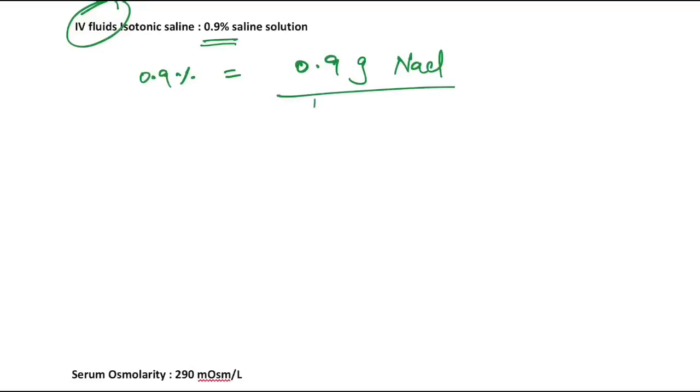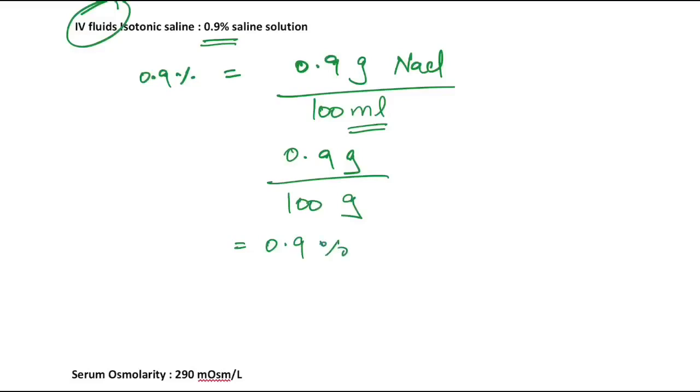The next unit we are going to discuss is the percentage solution. This is used usually in IV fluids. What does this percentage concentration mean? 0.9% saline solution refers to 0.9 grams of sodium chloride dissolved in 100 ml of water. Why is it said as 0.9%? Because 100 ml of water actually weighs 100 grams. So 1 by 100 is percentage, so 0.9 percent, and the gram goes away, so it is simply expressed as